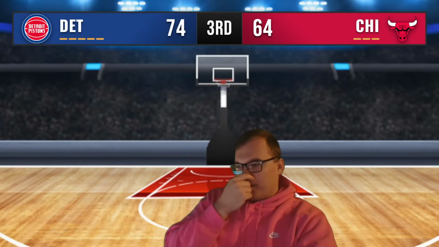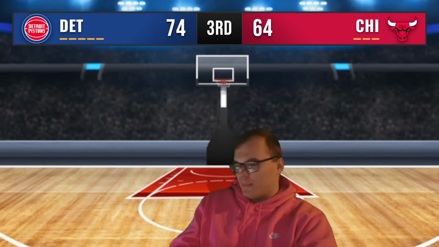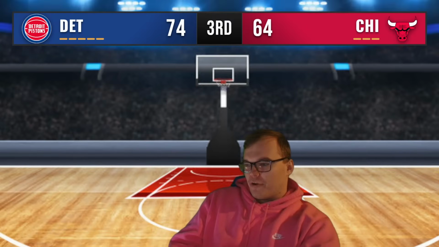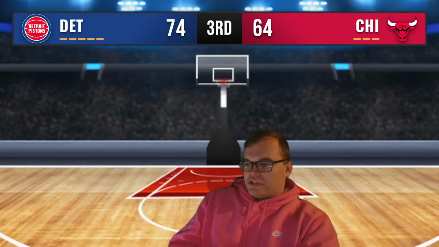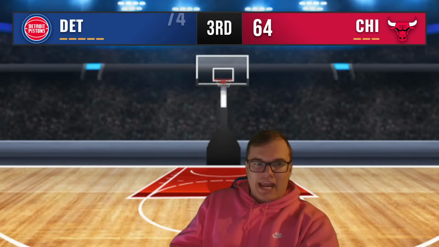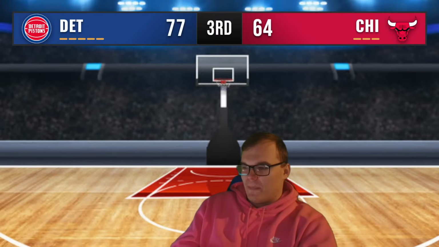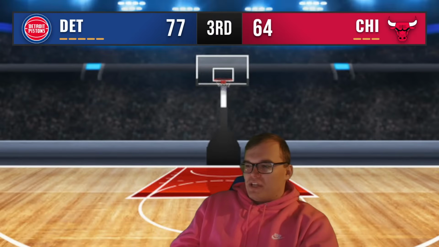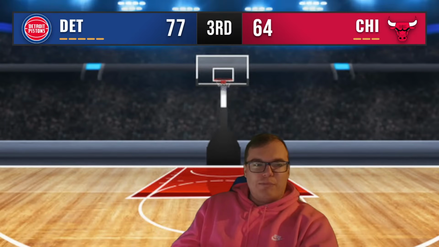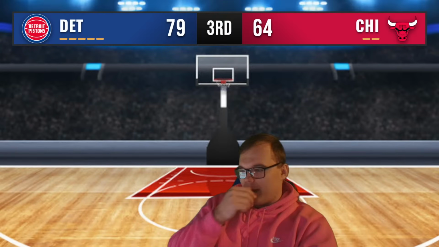74-64 basketball game. Pistons up by 10. Get the basketball back with about 6 minutes left to play here in the third quarter. Cade with the basketball. Duncan sets the screen. Rolls off of it. Goes to the paint. Working inside here. Finds Asar. Kicks it back out to Duncan. Wide open for three. Duncan Robinson knocks it home. 77-64 basketball game. Pistons up by 13. 6:01 left to play. Pistons get a steal. Upside here to Asar Thompson for the slam. 79-64, and the Bulls have to take a timeout.